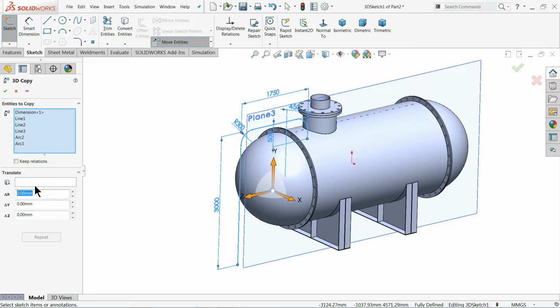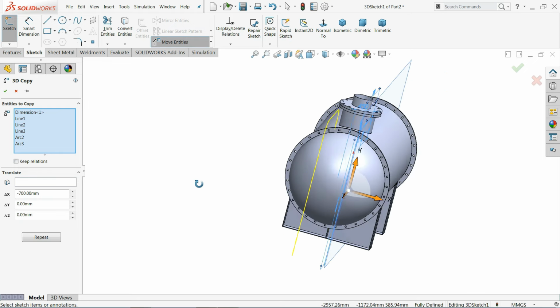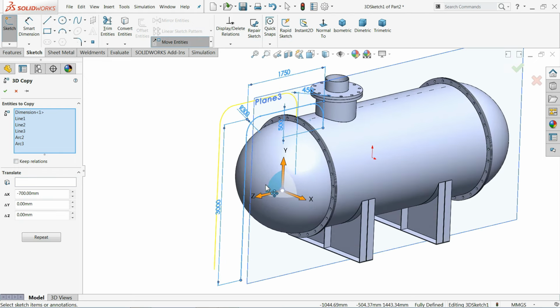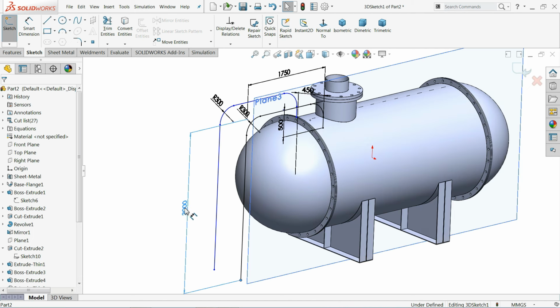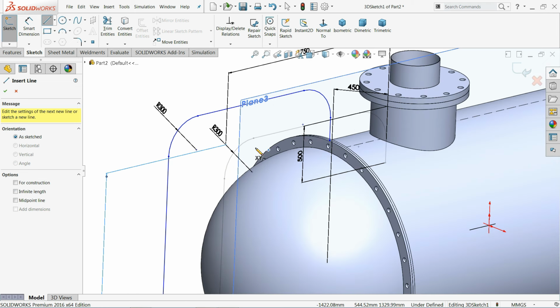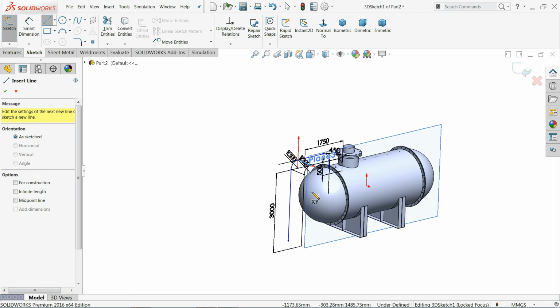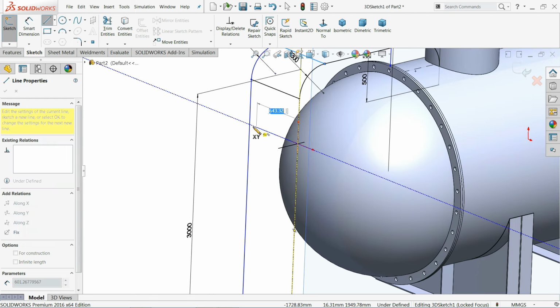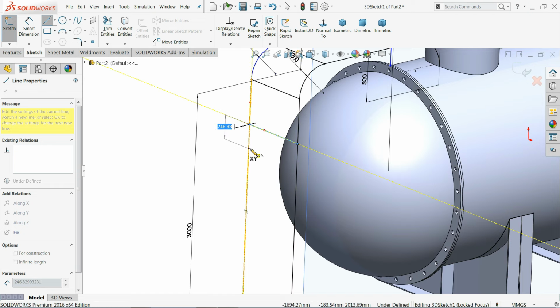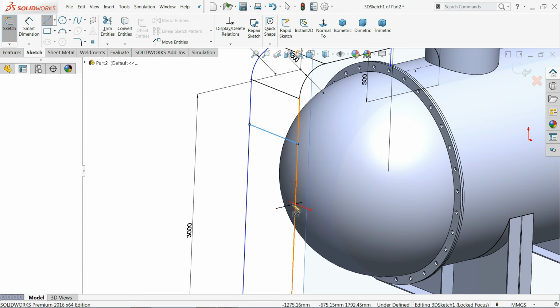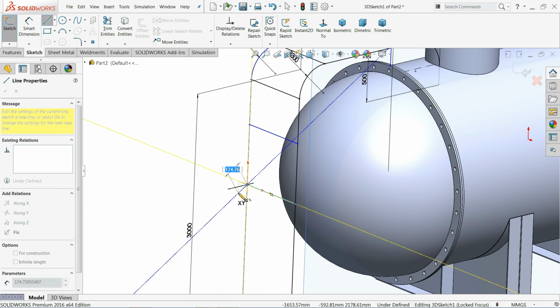and in X direction 700 millimeter, click minus. Now see how we are going to move 700 minus. Okay, now it is copied. Line. Now let's connect this one with move along the parallel axis, escape, again select the line command, click here, move along parallel axis, click, escape, line command,